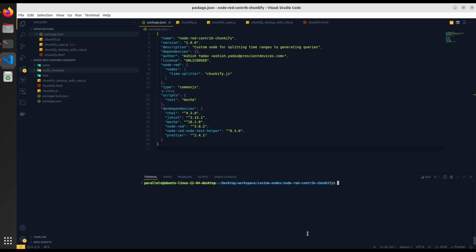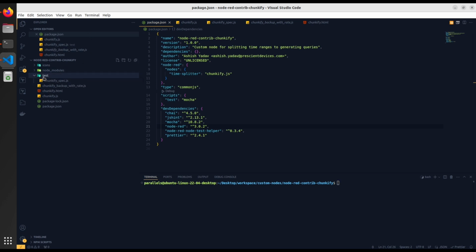So first thing you'll need is to set up your environment. To set up the environment, you would need Mocha, Chai, and the Node-RED node test helper, which has been provided by Node-RED to test Node-RED nodes. Now you can install all of these in your custom node, and we are installing Mocha, Chai, and Node-RED node test helper. I've already installed all of these, so I don't really need to do that, but this is how you set up your environment. So the next thing you'll need is a folder called test,